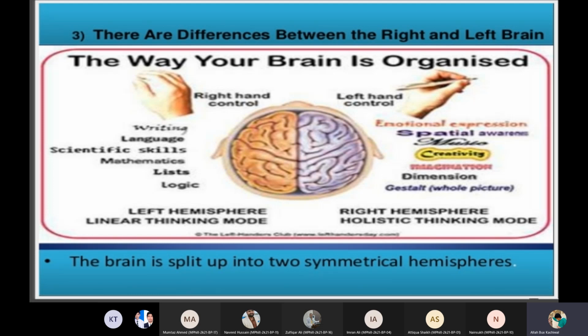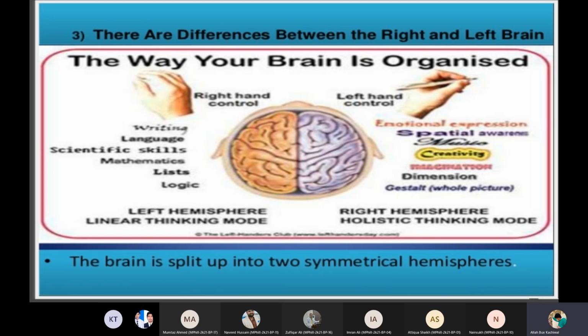So the way your brain is organized, there are differences between the right and the left brain. The right hand controls writing, the language, the scientific skills, mathematics, less logics. So the left hemisphere is the linear thinking mode, whereas the left hand controls the emotional expressions,